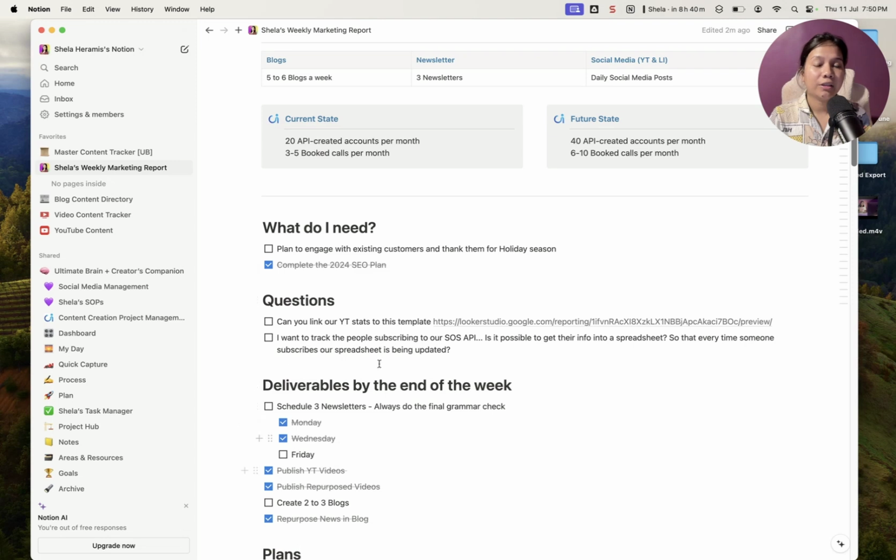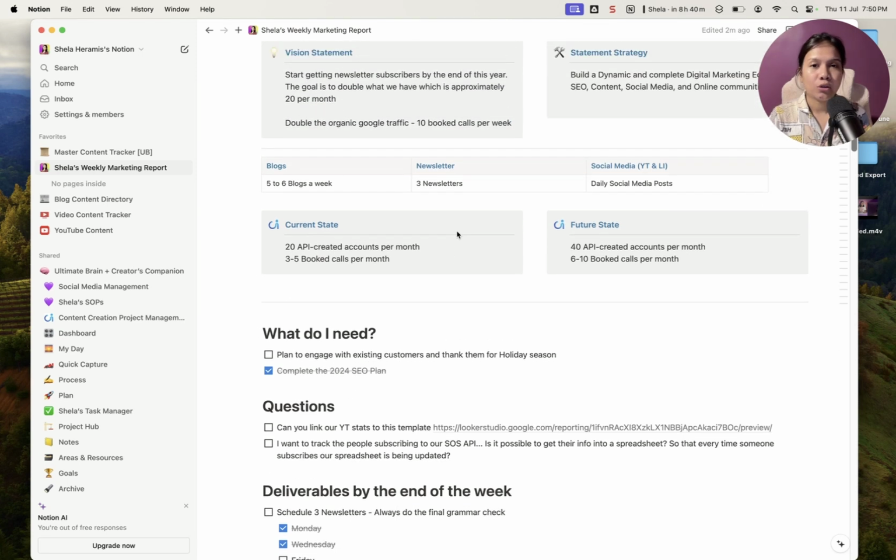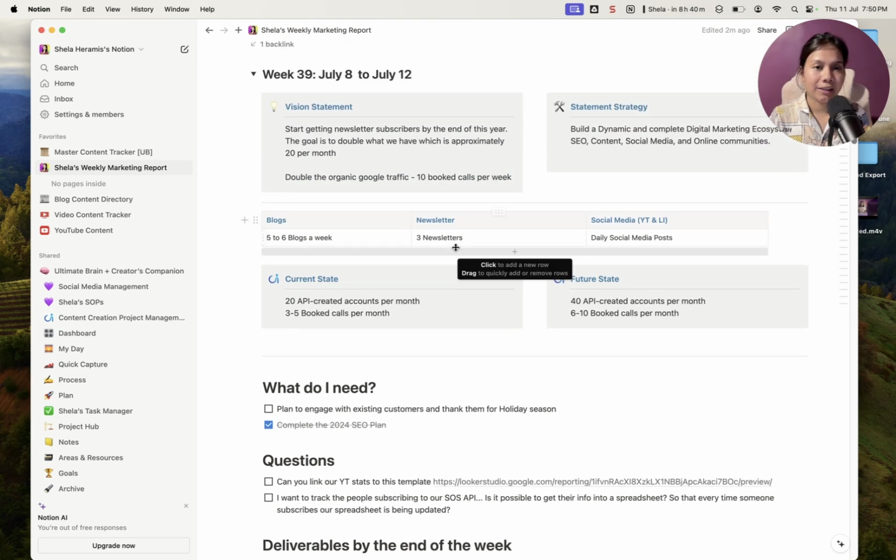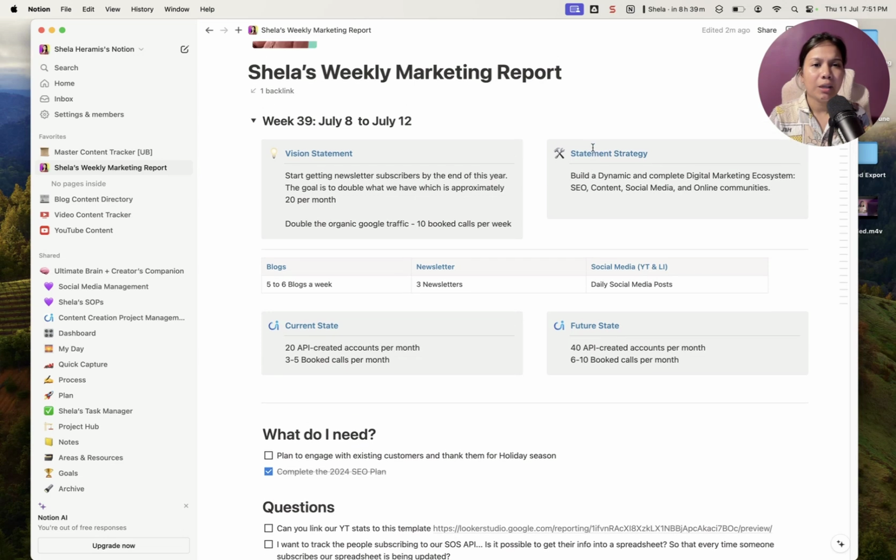This is where we're at, and these are the things that we're doing. But it's important to measure the performance of all these marketing efforts. As for our marketing efforts, since the strategy is to build a dynamic and complete digital marketing ecosystem that works together, wherein SEO, the website, the content, of course the blogs, and the social media posts and the communities are working together, and there is a symbiosis,